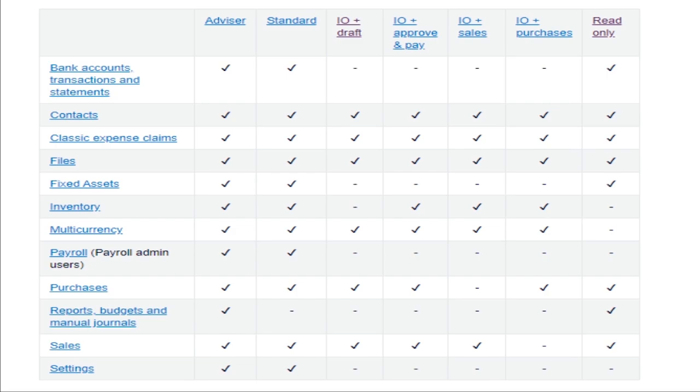Okay. For the advisor role, this is a user role which gives a user full access to a Xero organization, including advanced settings, manual journals, and all reports. The advisor role can access bank accounts and reconcile transactions, create invoices, quotes, bills, and purchase orders, access and manage inventory, contacts and fixed assets, run and publish reports including management reports, history and notes activity reports, and reconciliation reports.